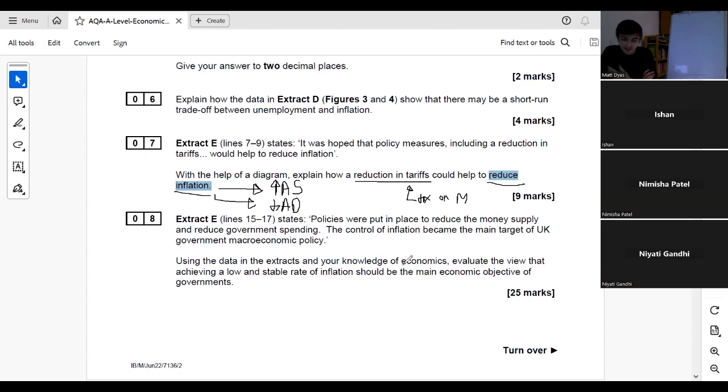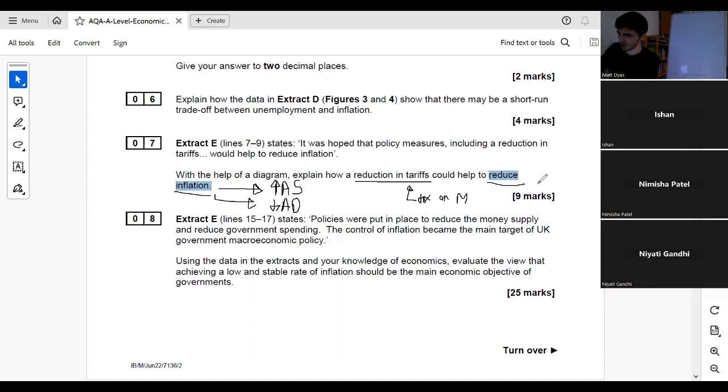AS up, AD down, up, down. Okay, Devian first. Early bird gets the worm. He says cost of production falls as there's a reduction in tariffs. So yep, that basically leads to lower prices. Devian would be getting the marks, although, can anyone fill in a little gap? If there's a reduction in tariffs, why would the cost of production for firms in Argentina fall? It does, it is correct.